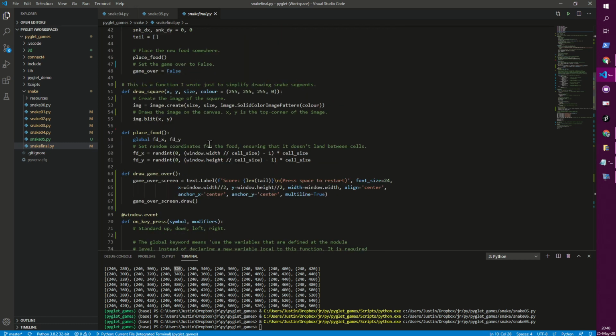Let's just scroll up. Draw game over. This is quite complicated. You just really have to look this up in the documentation here. I create one of these label objects. This is an F string here. My score is essentially the length of my tail. So if I've eaten one food, my tail will have grown by 1 and my score will be 1. So I just need to report the length of my tail when I'm done and say press spacebar to finish,